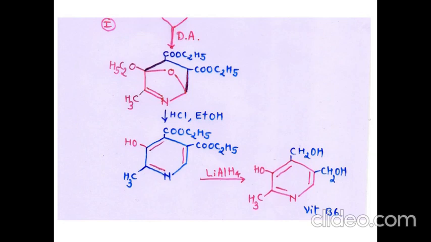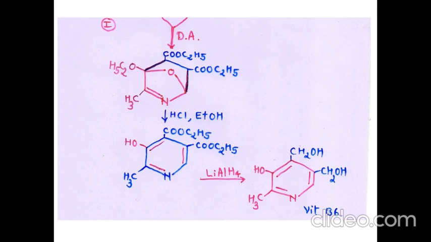So the red part of this structure is from the oxazole ring, and the blue part is from, you can say, the diethyl ester part. The black are the two new bonds formed as a Diels-Alder cycloaddition reaction, with a new pi bond between nitrogen and carbon. So this is a kind of bridge structure or intermediate structure, which upon treatment with HCl and ethanol immediately gets